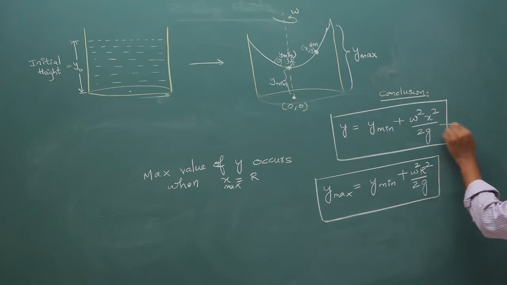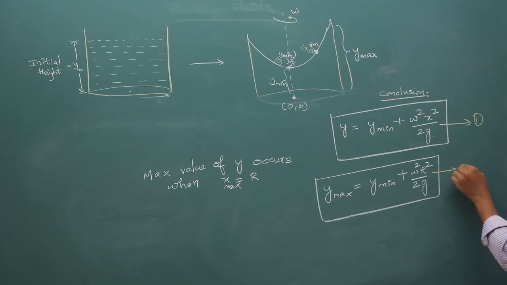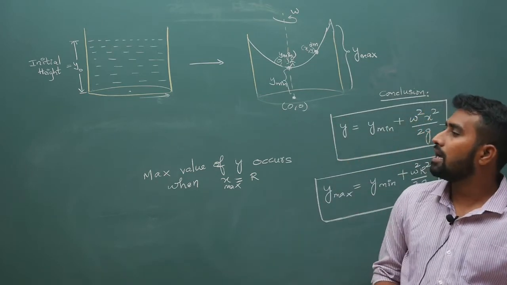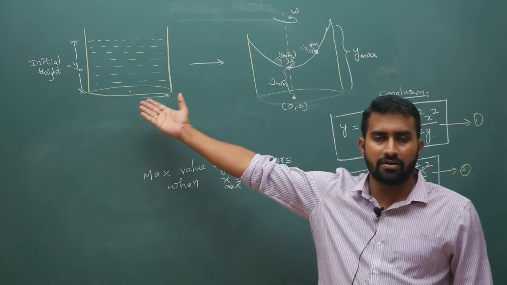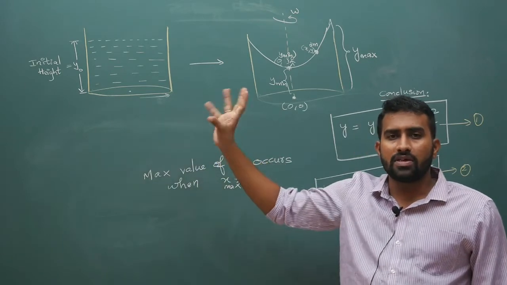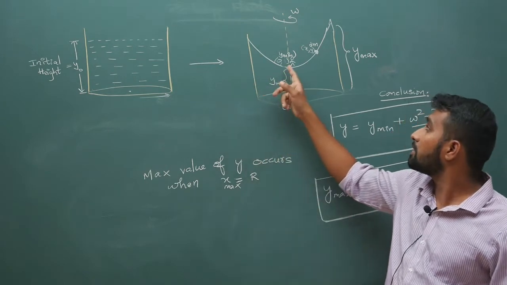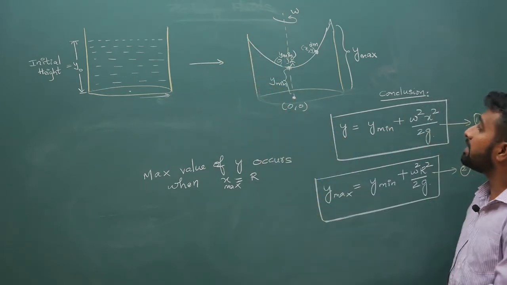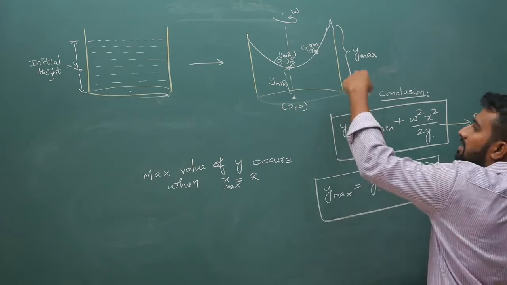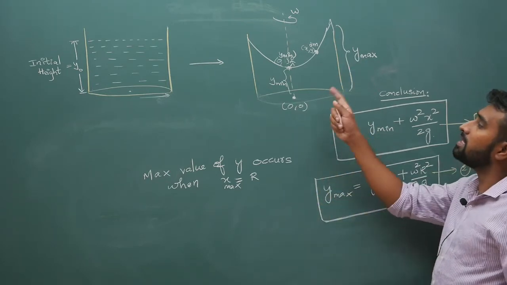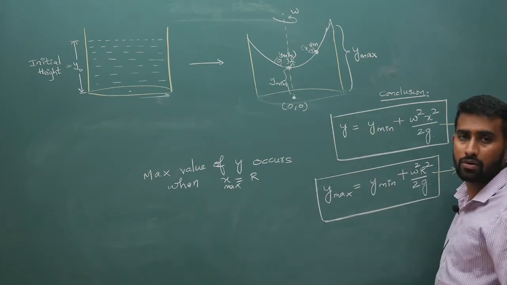So the general equation is this first equation that I want you to remember, and this is your second equation. So what is the final conclusion? If you initially have some liquid of height y naught like this, because of the rotation, your liquid will take a paraboloidal shape. Your y max will be here till here, it is greater than y naught. Y min is less than y naught. In fact, your y naught will be in between. I will prove that to you.